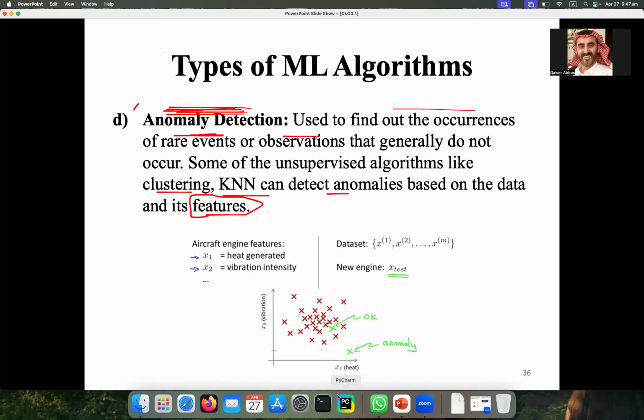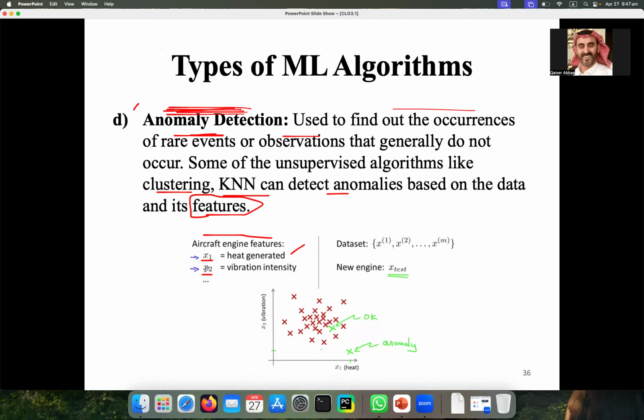For example, here, aircraft engine features. X1 is a feature, a variable, which has the value of heat generated. X2 is another column name or feature, which will contain the vibration intensity when the engine is running.